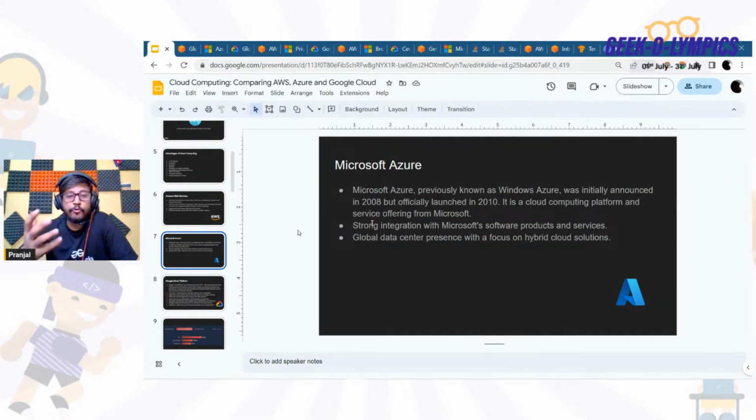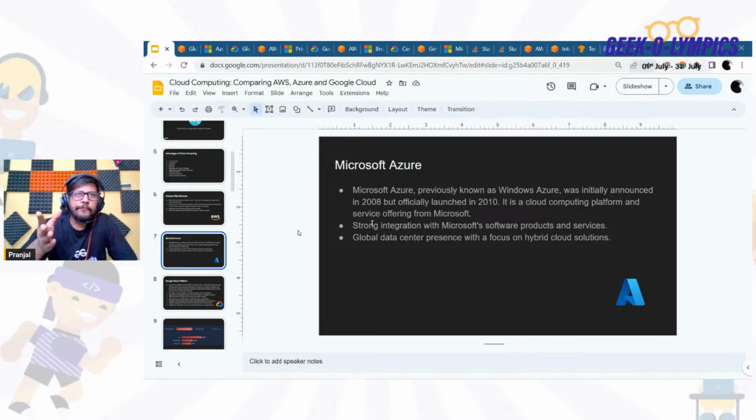It provides a very strong integration with the Microsoft software products and services. What I mean is, if your organization is using .NET products or any Microsoft products, there is a huge chance that they are going to adopt Microsoft Azure. Or if you're coming from a .NET background, like how to write code in C sharp, and how things work using VB or shell scripts, then it will be much easier for you to adapt to Microsoft Azure. Like if you are using Windows, as I'm using Windows, it will be much easier for you to adapt to Microsoft Azure.